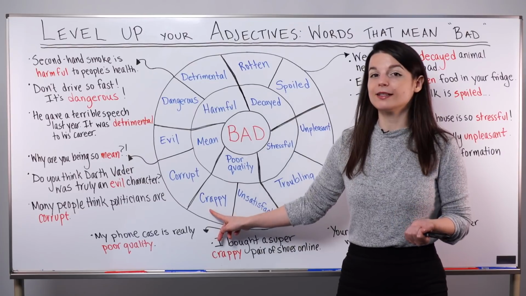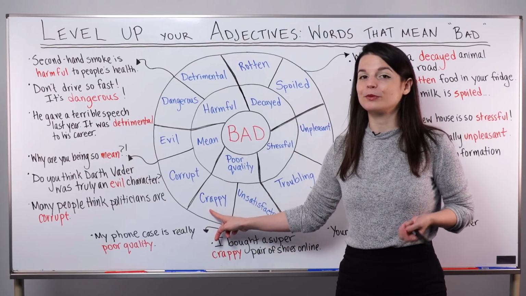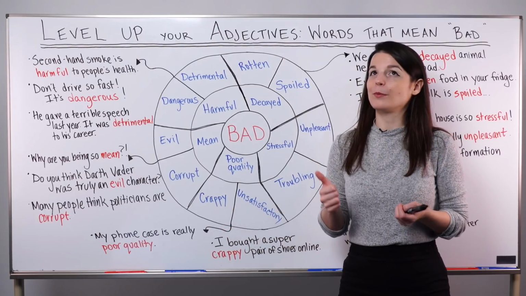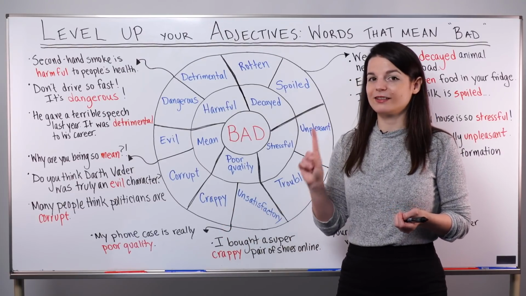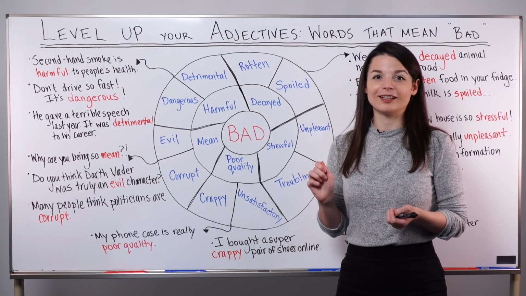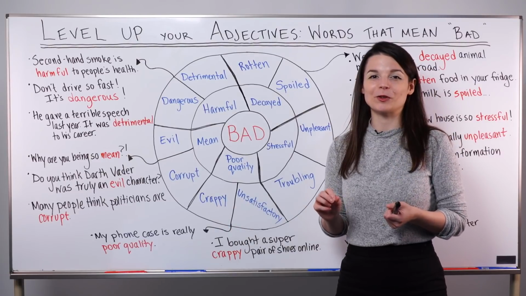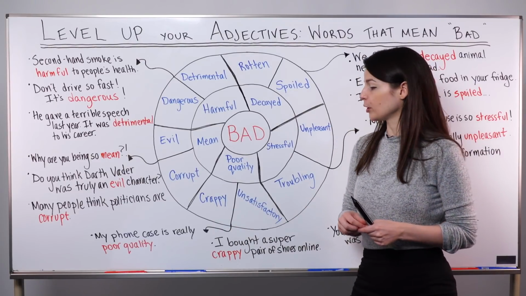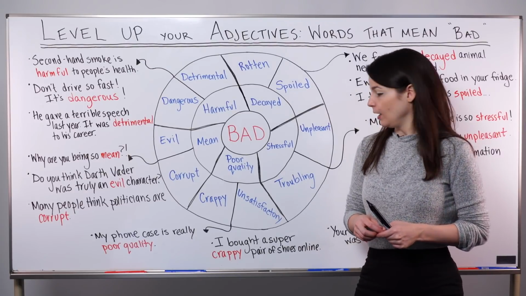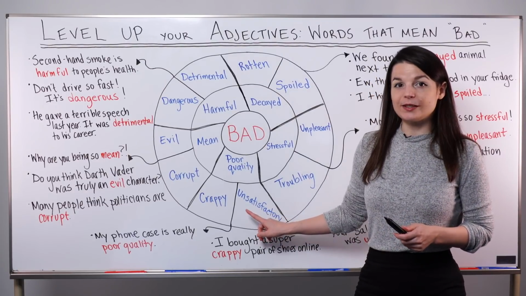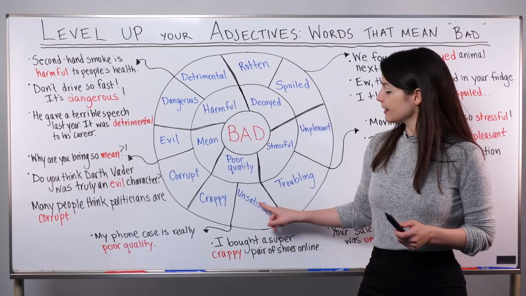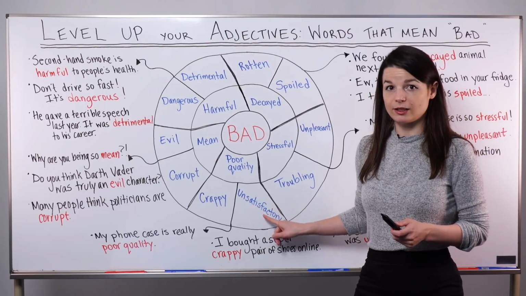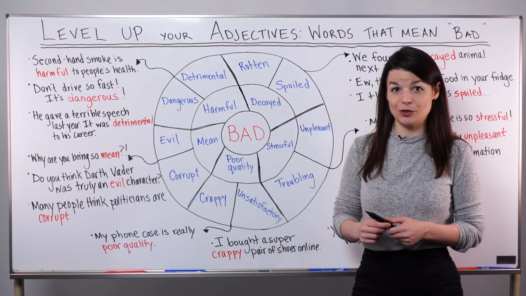Some people might consider crappy a curse word, so please be careful. You might hear crappy or crummy. Crummy is good to use if you're worried about this sounding like a swear word. Crummy is spelled C-R-U-M-M-Y, crummy. Or you might hear cheap also. A more polite word to use, especially at work, is unsatisfactory. So let's look at how to use these words.